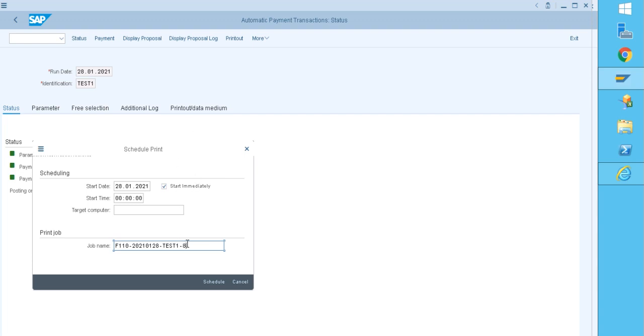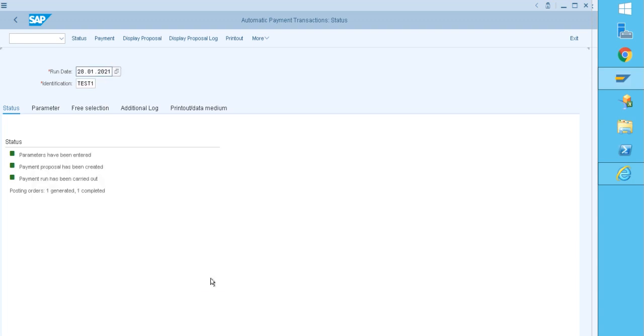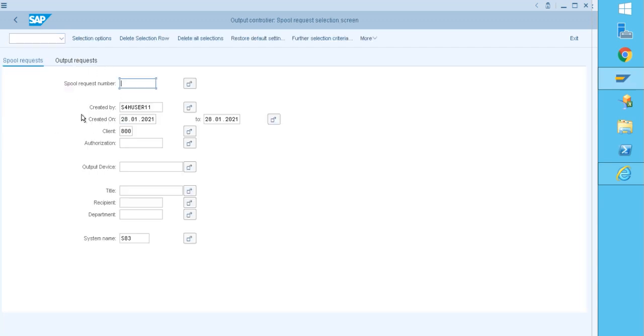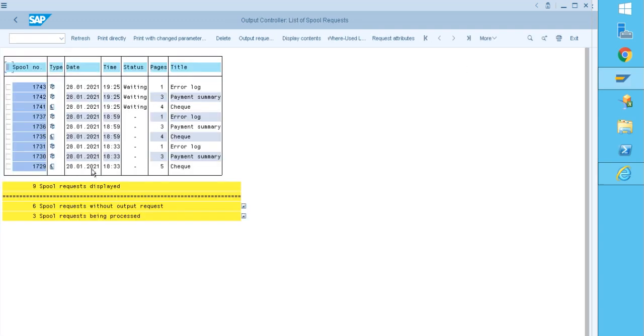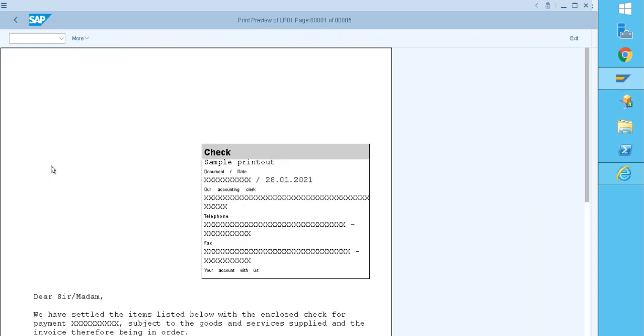Give the number 8 or anything over here, schedule. Now go to SP01 and execute. Just now I created one check. Here we can find the check type. This is the check we created, right?